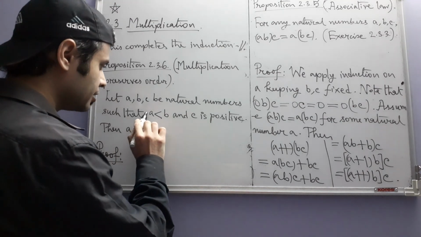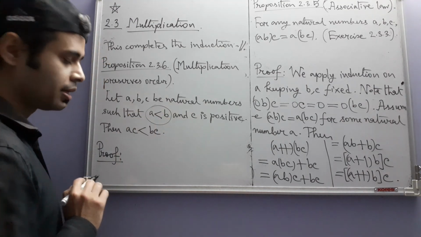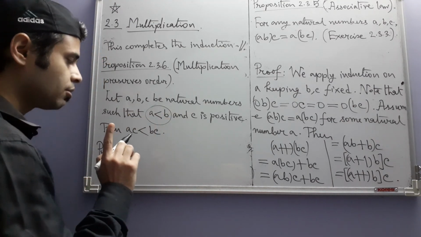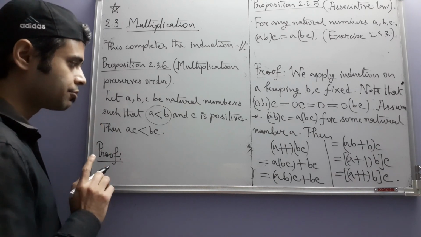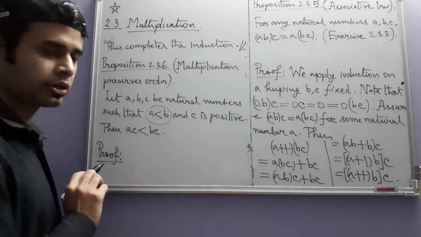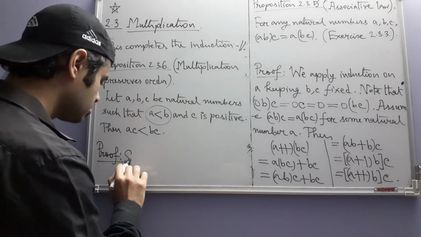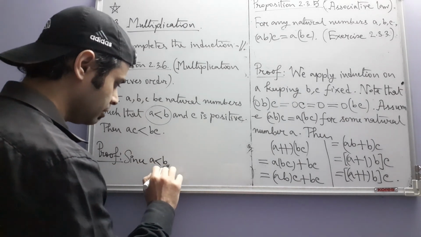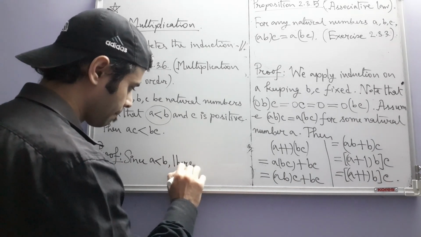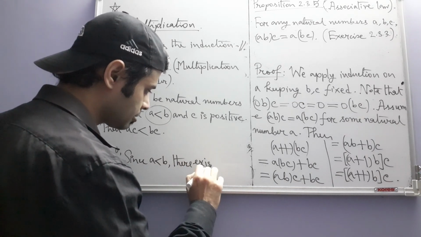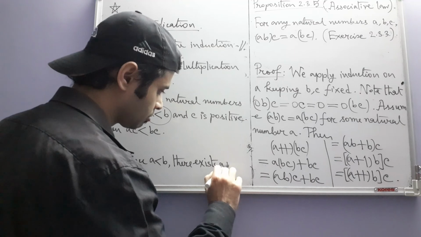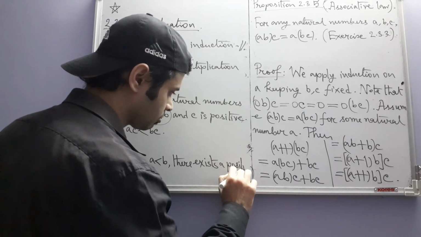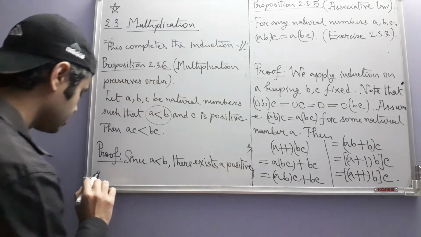Okay, so we are given that A is less than B. Now recall one result from the section on addition. Since A is less than B, there exists a positive natural number